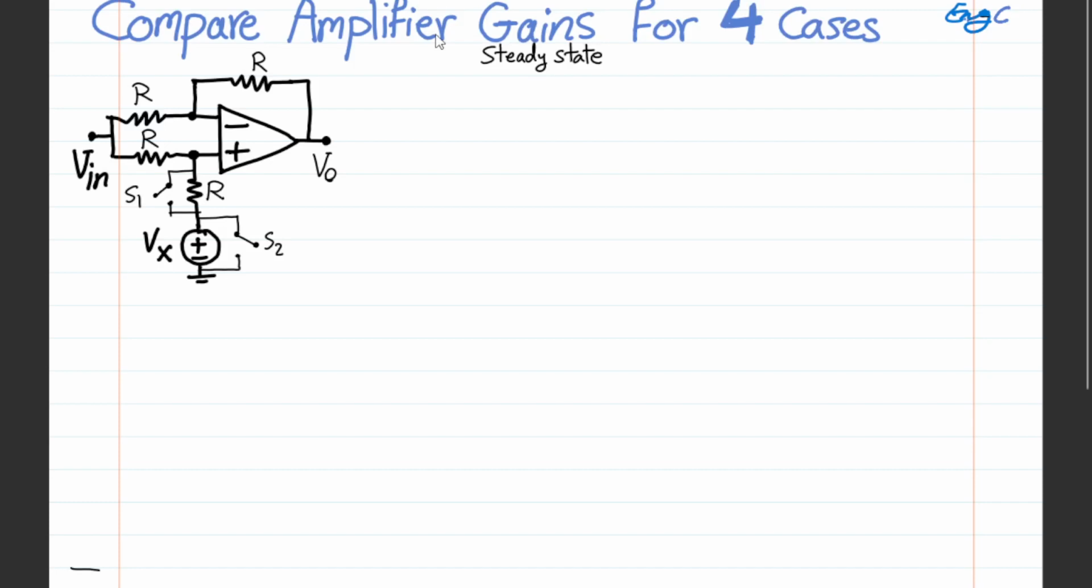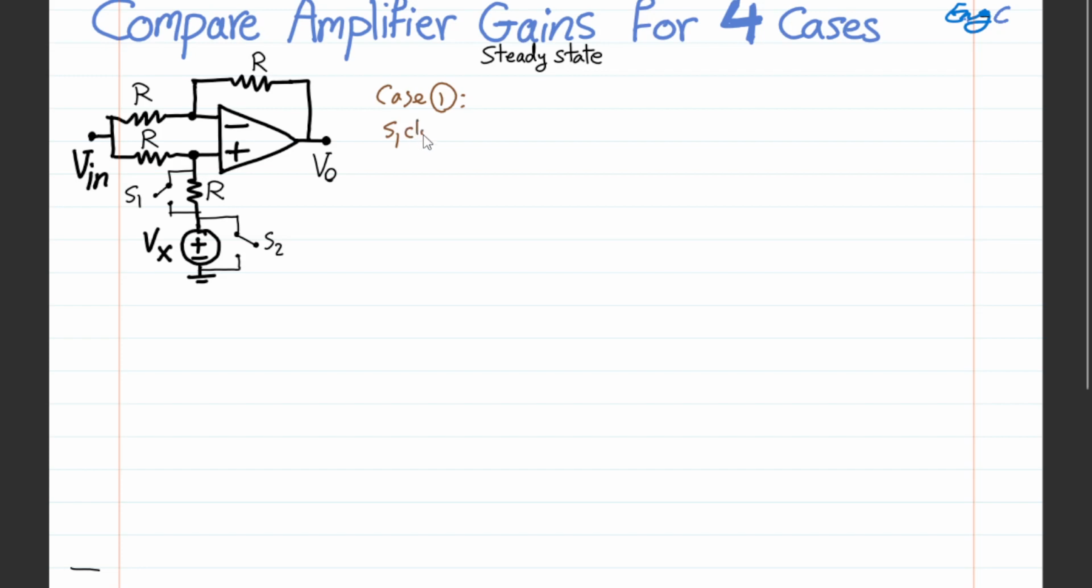Comparing operational amplifier gains for the 4 cases presented here, based on the situation of the two switches, is insightful. To do that, let's just consider case 1. This is a circuit realized with 1 op amp. So in case 1, let's assume S1 is shorted, so S1